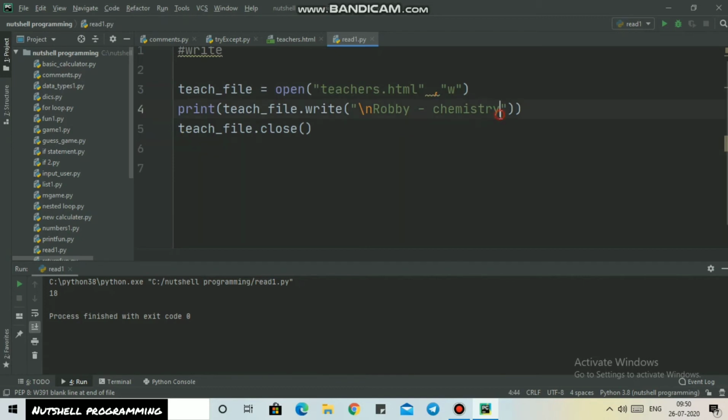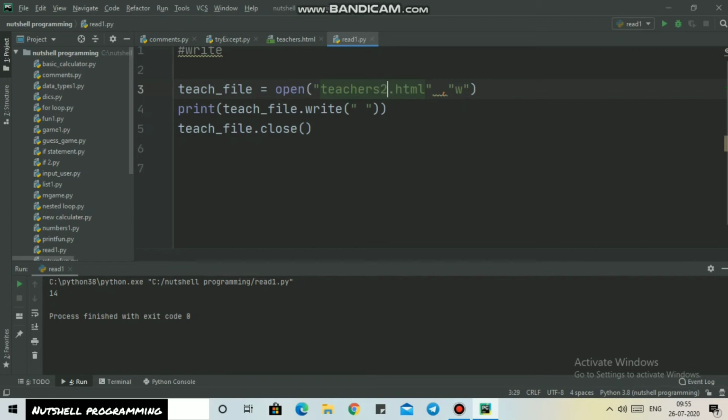So read reads all the data stored in the teachers.html, append inserts some new data, and write overwrites the old data with new data. So our new data is Robbie who teaches chemistry.